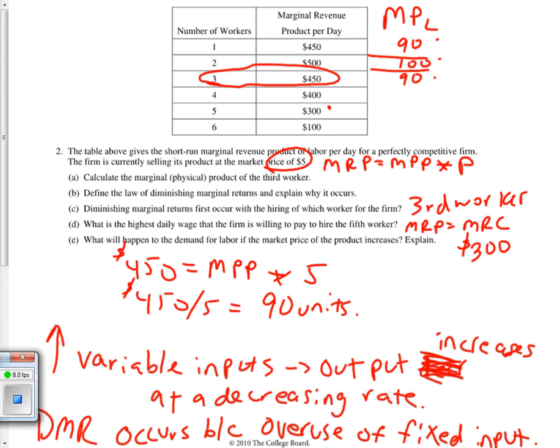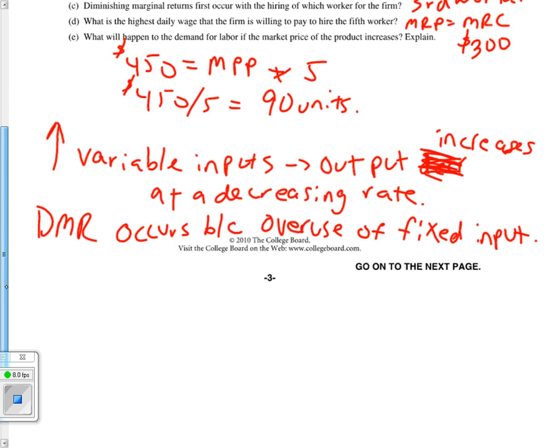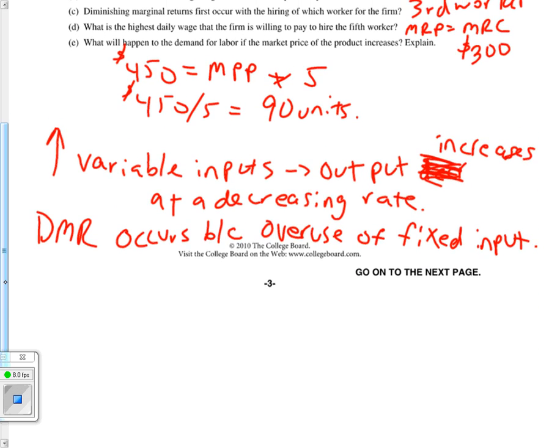Part E, what will happen to the demand for labor if the market price of the product increases? Now, you do not have to graph this question. It may help you out if you need to, but you don't have to. Now, it isn't a competitive market, so you draw an upward sloping supply curve. So what will happen to the demand for labor if the price of the product increases? Well, the demand for labor will increase